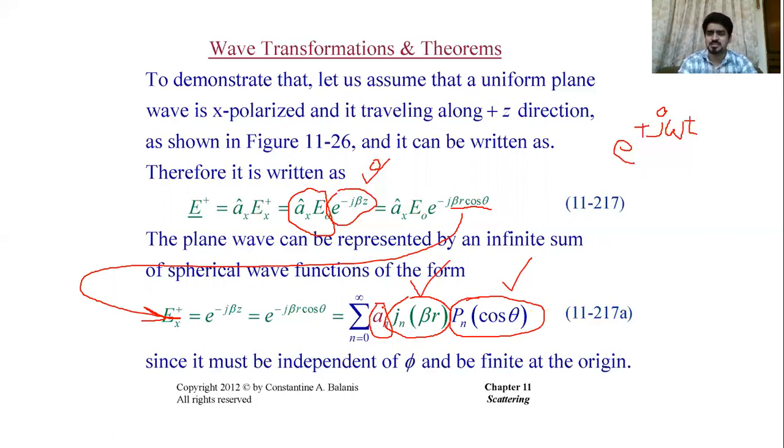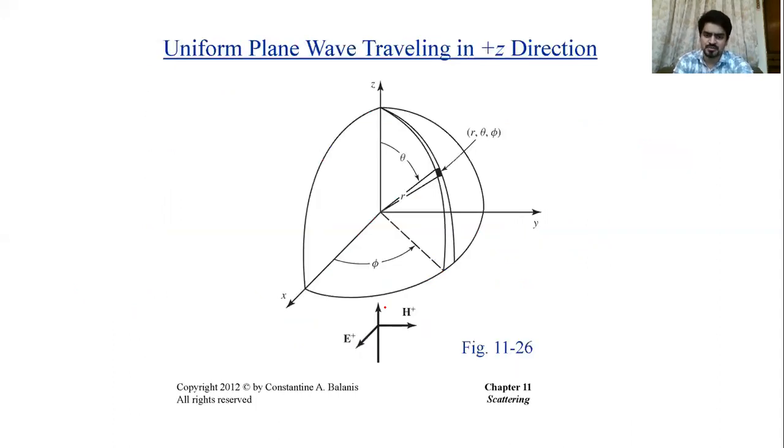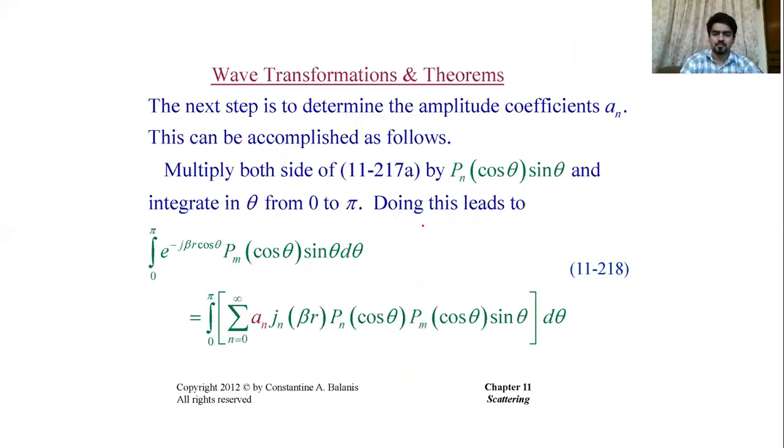So we'll derive that. We'll use a similar procedure to the one we used for the cylindrical structures. We will multiply left and right sides by a certain function and then integrate over a certain region. So this is our geometry, and our plane wave is propagating in the positive z direction, and your E field is directed in the x direction. This is your E field, this is your incident wave vector k_i in the positive z direction, and this is your H field along the y direction.